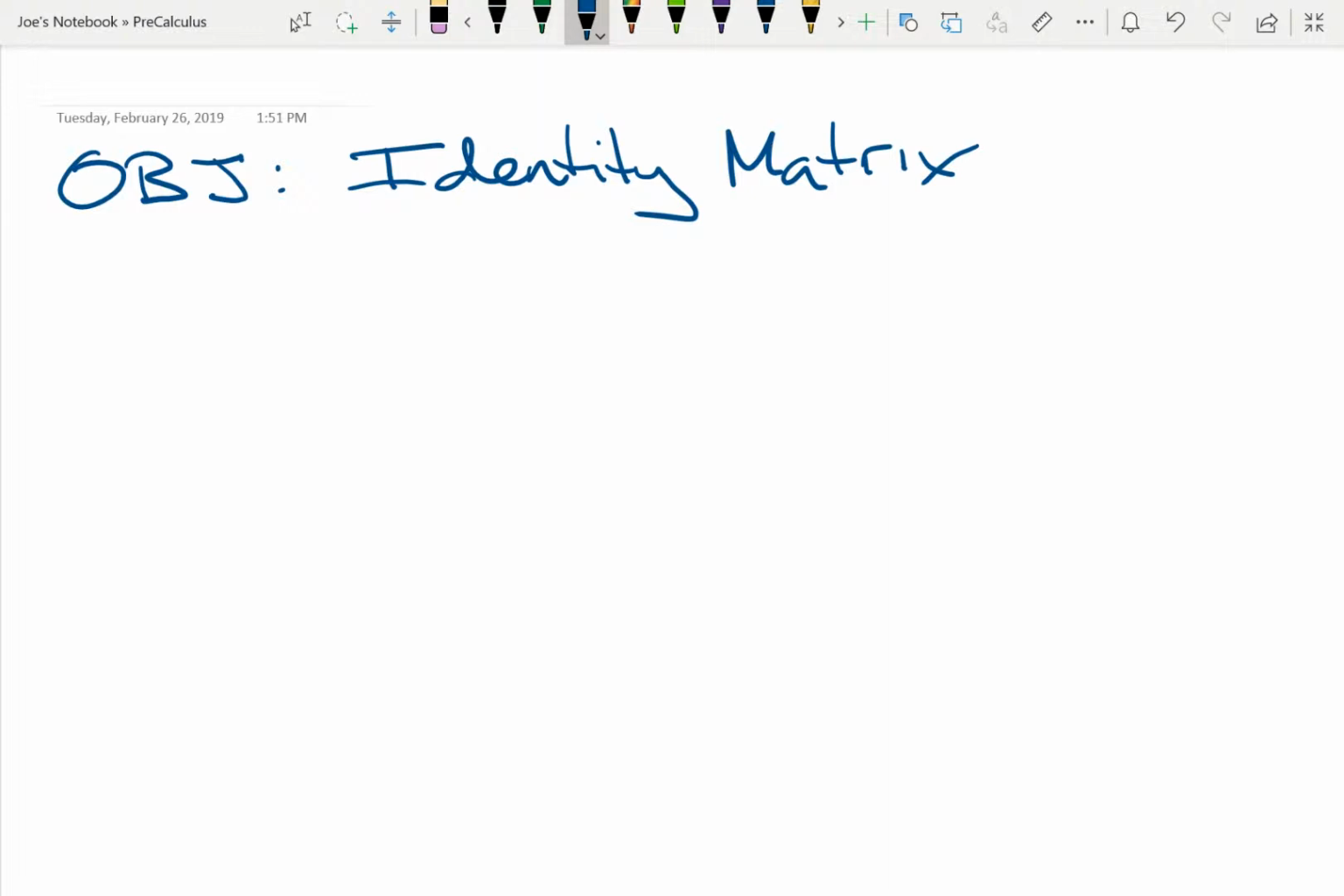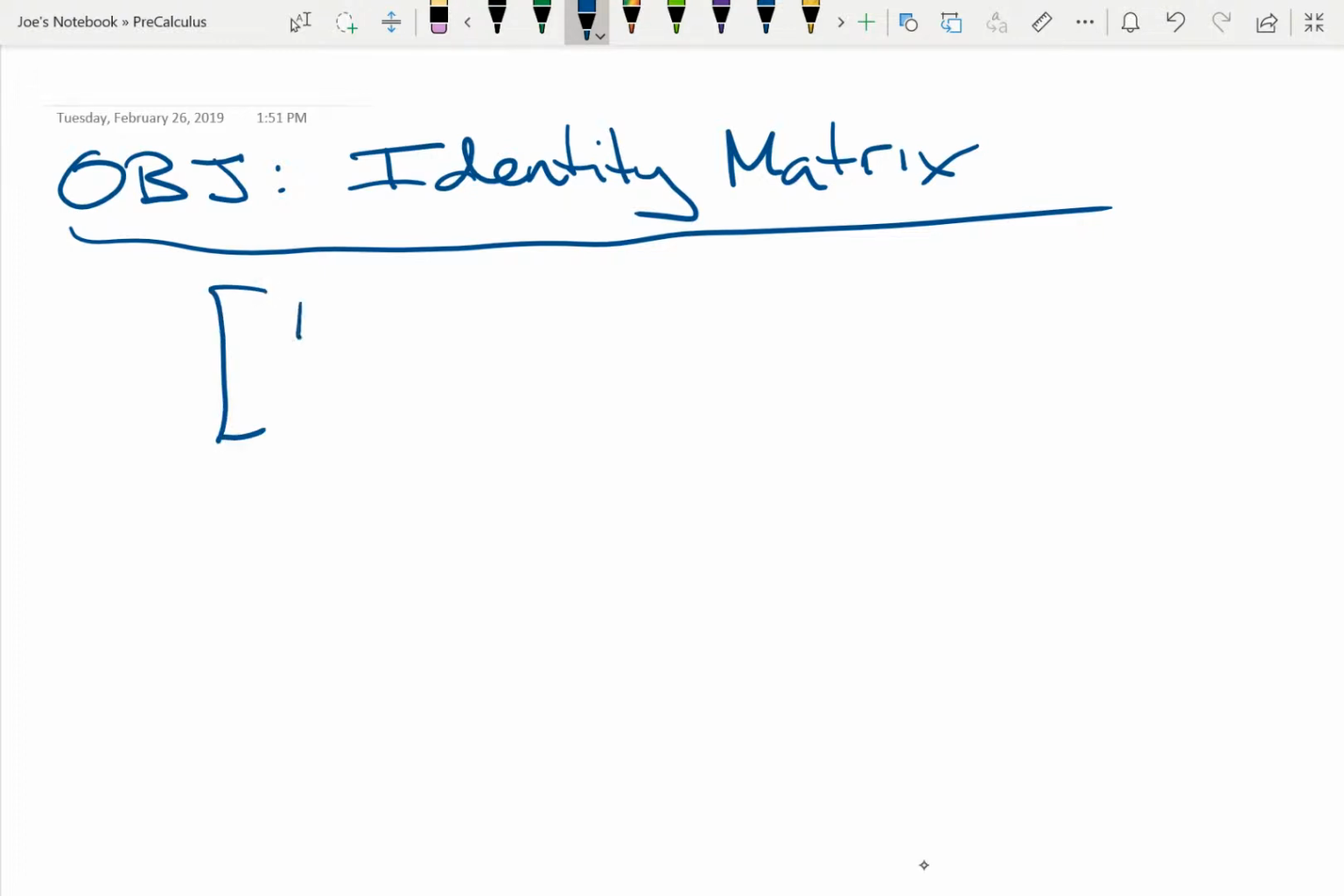So the identity matrix is a special matrix. Basically, in the matrix world, it's the number one. All right, so we're going to use it in a way. I'll just show you what the identity matrix looks like. The identity matrix looks like 1, 0, 0, 1,